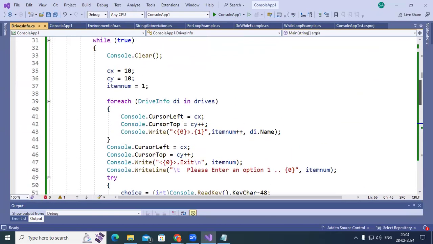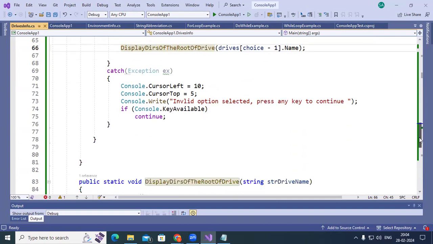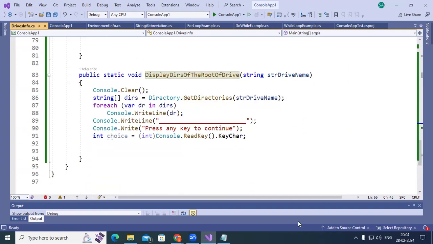So what is happening in this case is that it is listing the drives available. Then in each and every drive, it is listing the directories available in the root of the given drive. So like this, we have written here to display the directories available in the root directory of the given drive. Similarly, what are the drives available, we print like this. Okay, so this is related to